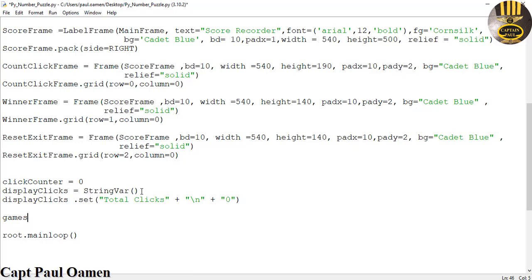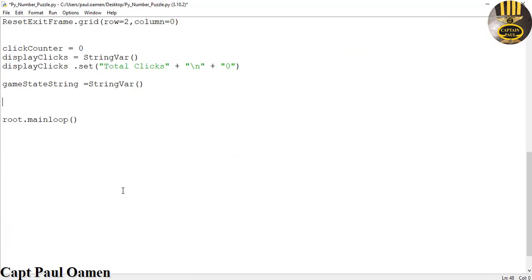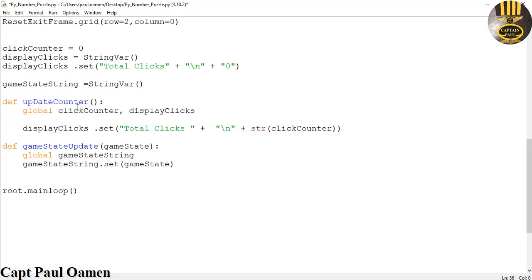I'm going to call that game state, that is going to be game state string, and that is going to be a string variable. Now that that is done, I will now create two functions. The first one is going to be update counter, and the second one is just going to be the game state update. There we go. Okay,